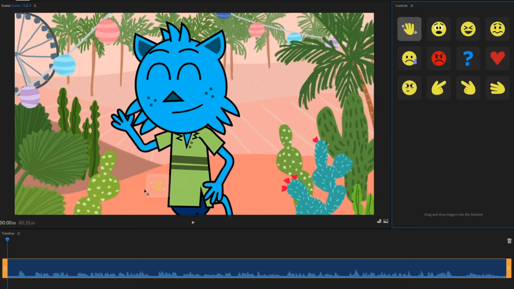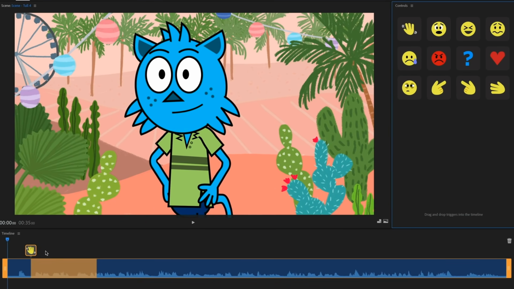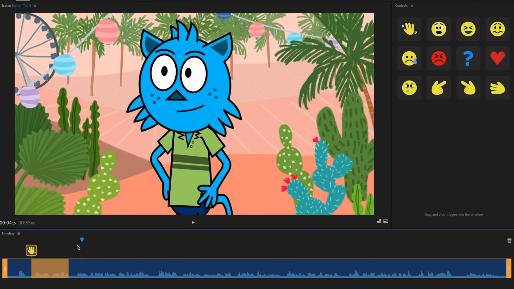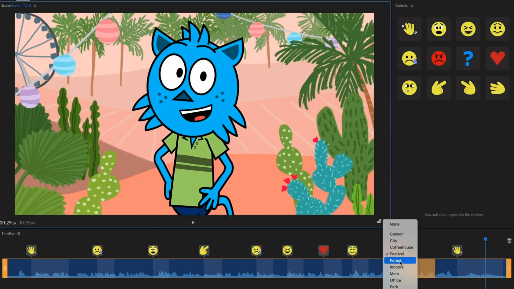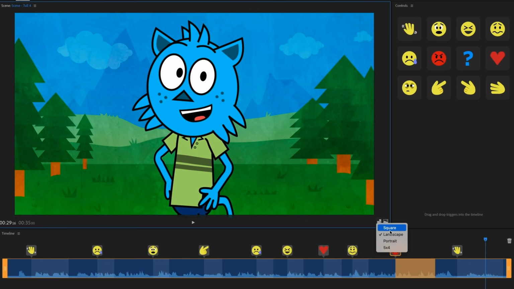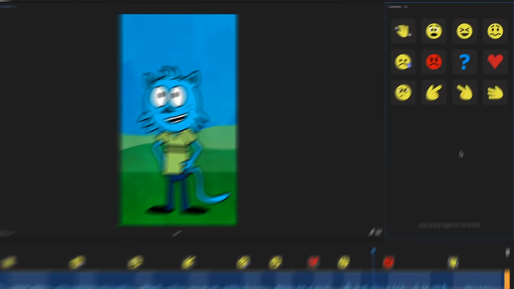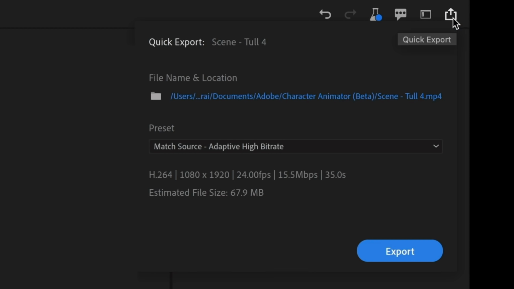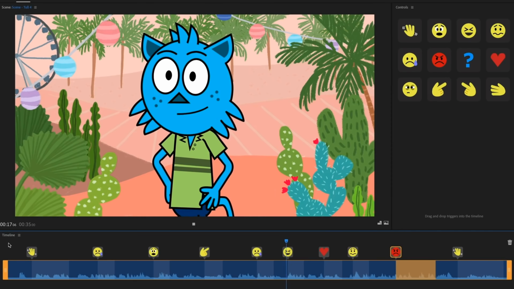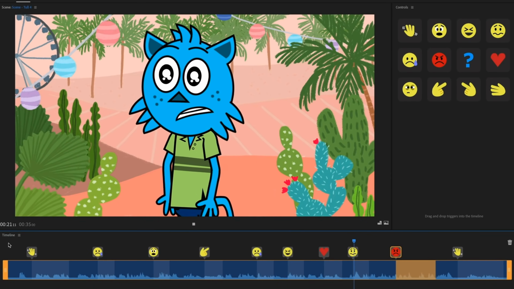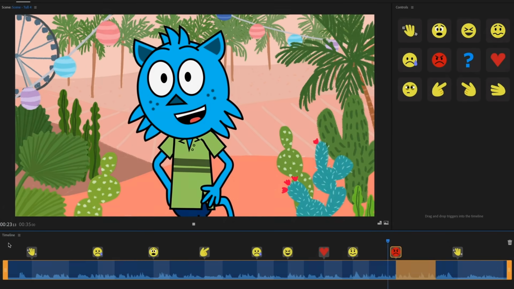Simply drag any emotion trigger into your timeline to add it to your creation. When selected, the trigger can be expanded or trimmed, giving you full control over the final timing. You also have the ability to change the background image or adjust the formatting to better fit social media destinations. When you're happy with your animation, click the share icon and export out your final video. Within a matter of minutes, anyone can create a compelling, professional-looking animation and have fun doing it.